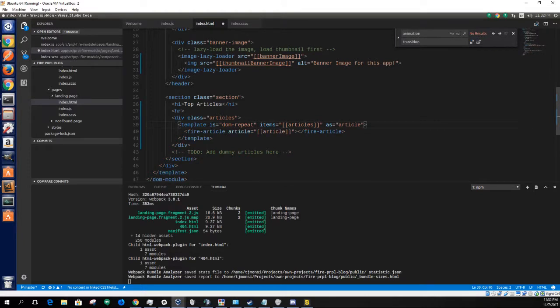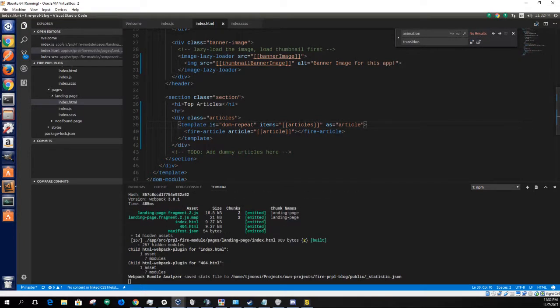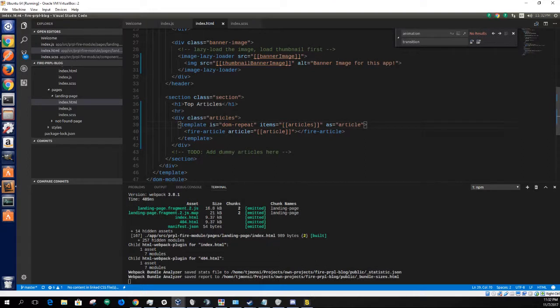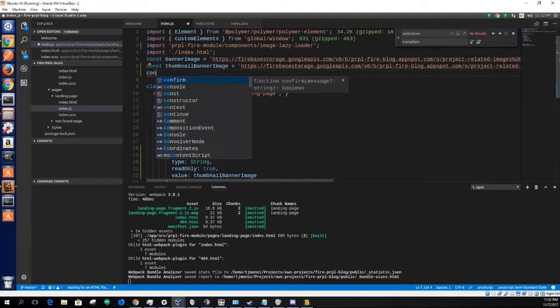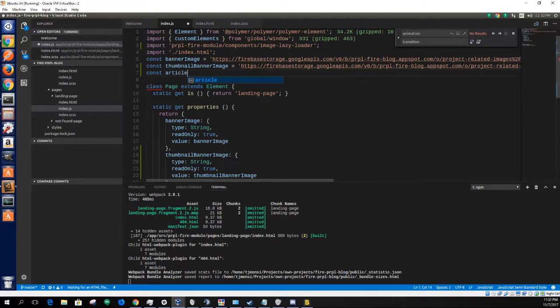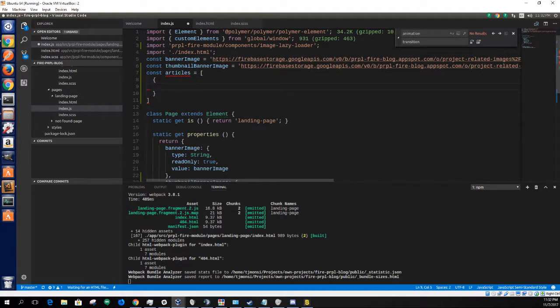Okay, we just named it this way. And let's create the data for this. We want to have the articles as an array of articles. So in our example, we have 5 articles there. Each has